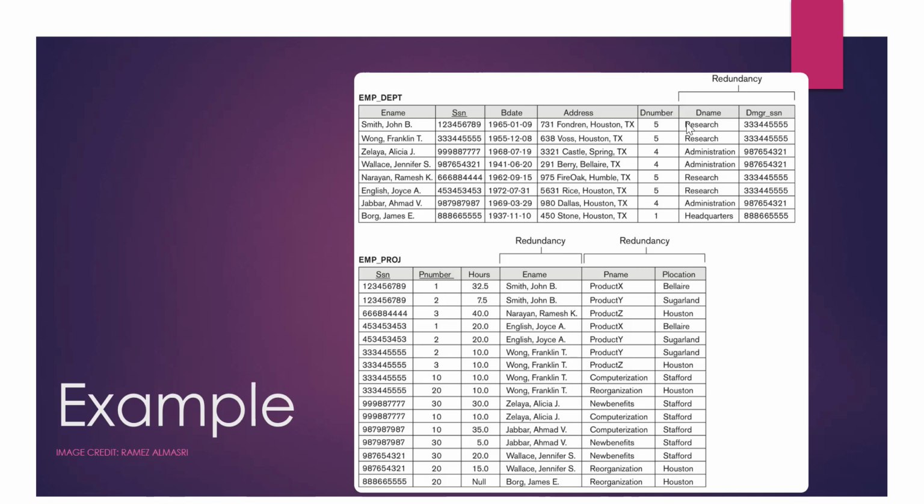Instead, if we were using a good design guideline, if we had the department table where we are storing the department name and the department manager social security number, I would only need the department number in this table to be able to get the department name or the department manager social security number just by using the foreign and primary key values. So in that case, I would not need to repeat the department name or the department manager social security number. I would only need the department number in this table, and I can get all this information from the other